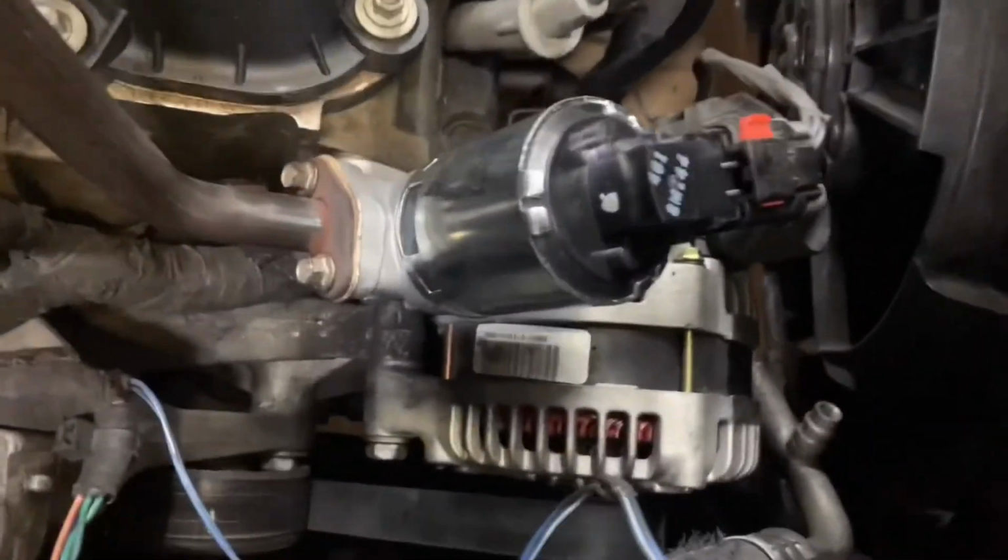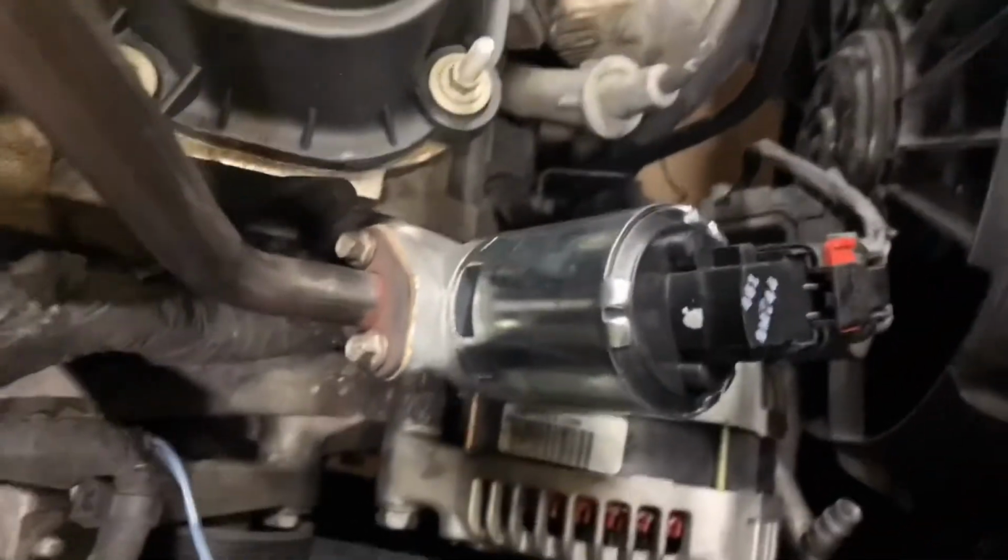So I'm going to clear the codes on it. And if there's a part 2 of a catalytic converter later, I will post that. But if you do have an EGR code and it doesn't function on the functionality test, and you got your powers and your grounds to it, which you would check if you didn't have any control of it,